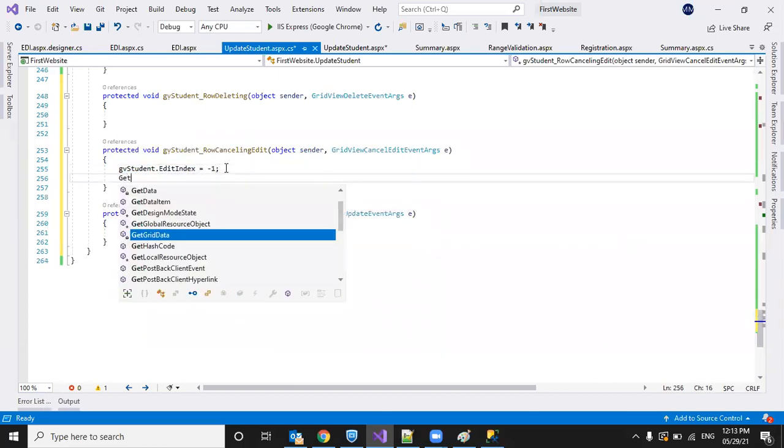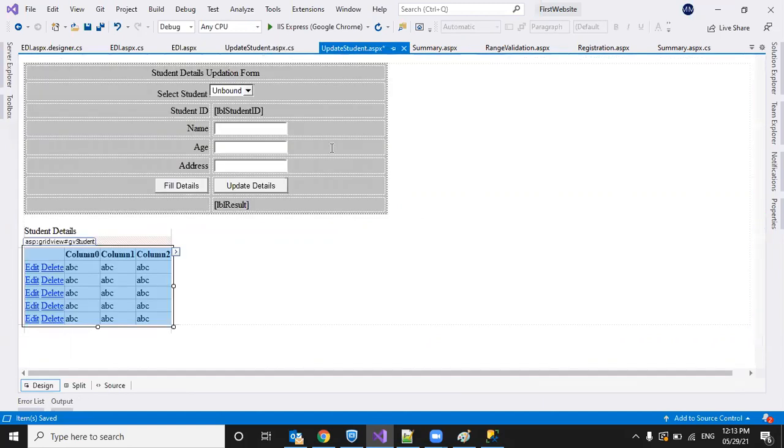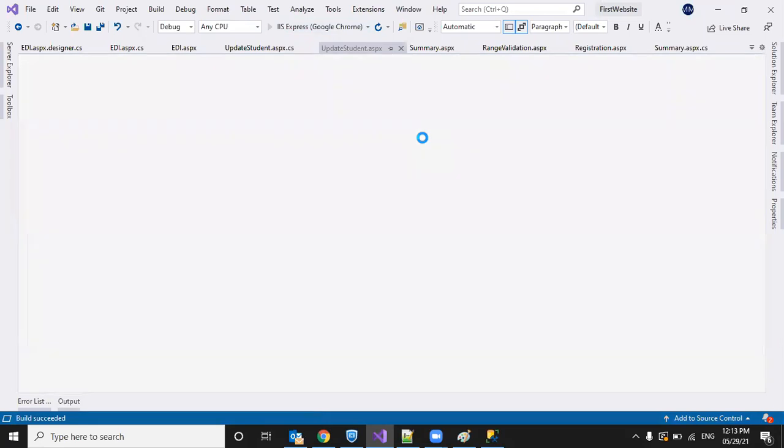Then we have to bind the data grid data. GV student edit index equal to -1, get grid data. So let's run and check once.